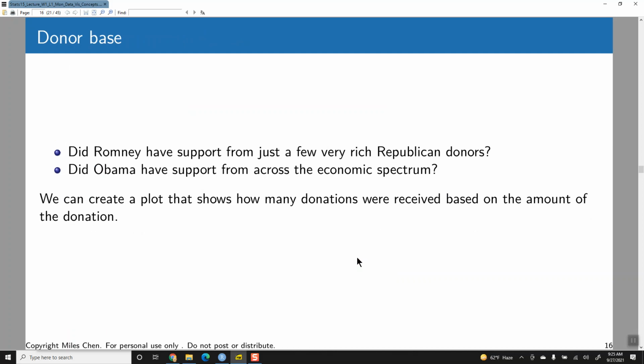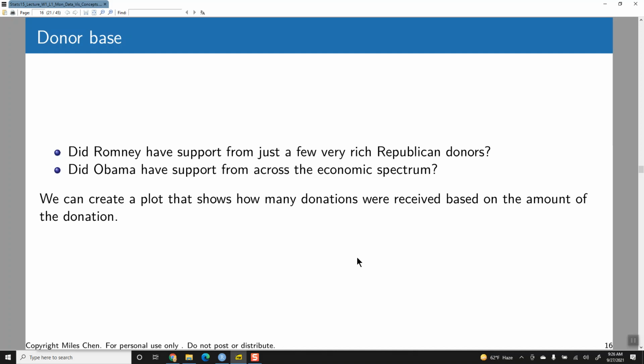Okay. Back in 2012, one thing that was kind of popping up, and again, people always try to make a spin to kind of say, this person is supported by the people and things like that. One question was, was Romney's support just from a few very rich Republican donors, whereas people across the economic spectrum supported Obama and things like that. And we could go through